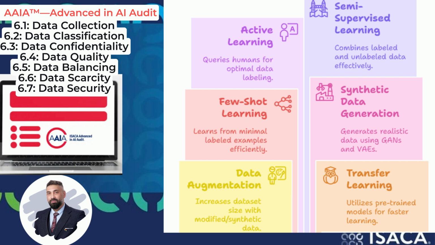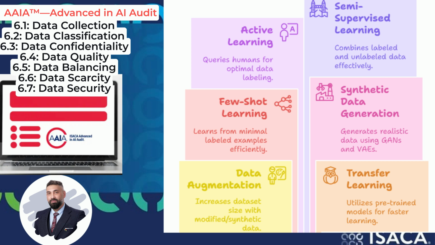Leverage domain knowledge. Understanding the problem domain can provide insights into which balancing techniques might be most appropriate. Start simple. Sometimes simpler techniques work well. Consider not balancing if the model is robust. Some algorithms are inherently more robust to class imbalance, or the imbalance might accurately reflect the real-world problem where identifying the majority class correctly is the primary goal.